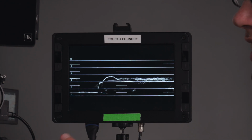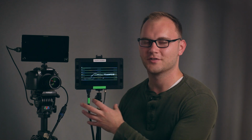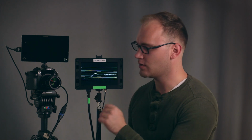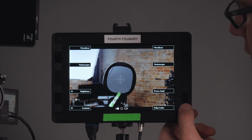Now let's go ahead and take a look at false color. False color is really essentially a waveform. The only difference is it reads differently. So here we actually have a number scale, so we can see with a number value where everything lands, but we can't really tell where it is and what shape it is. If I had a bunch of stuff in this shot, it would be impossible to isolate different faces and different elements. So I'm gonna go ahead and turn the waveform monitor off, and I'm gonna go over and turn on